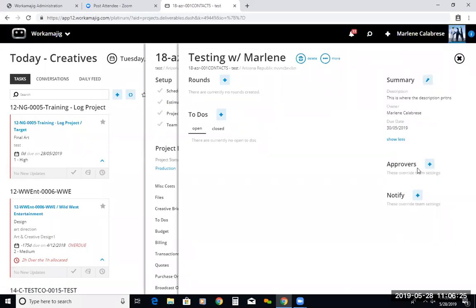I'm also showing who is going to be the approver on this deliverable, or approvers. You can, of course, have more than one, and you can even route them based on the list and the order that they appear. And then the people that should be notified. Now, some people are confused with, well, how do I decide who should be an approver and who should be notified? A lot of times it might be the designer or the project manager who's on the notify list, and